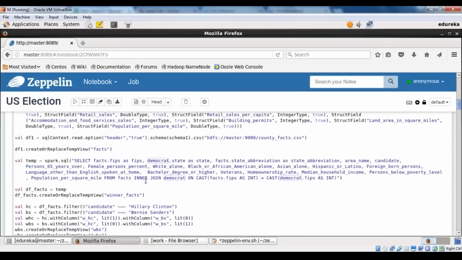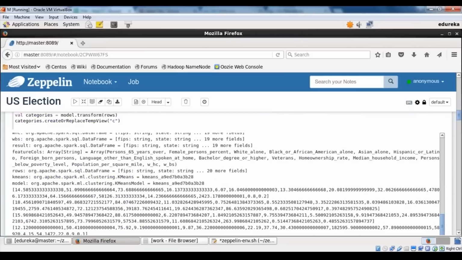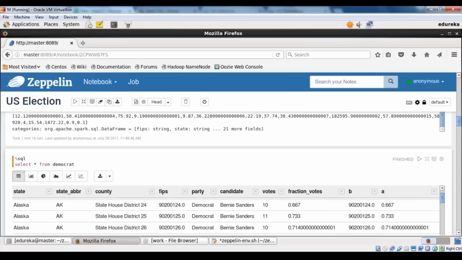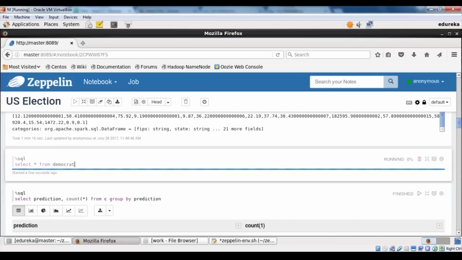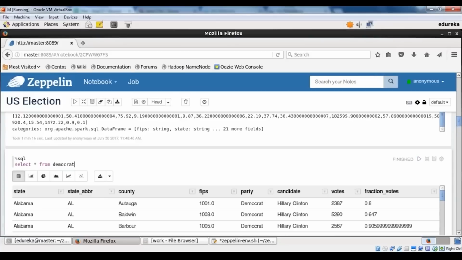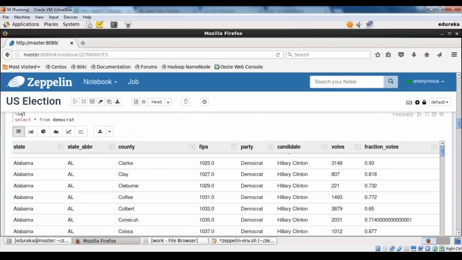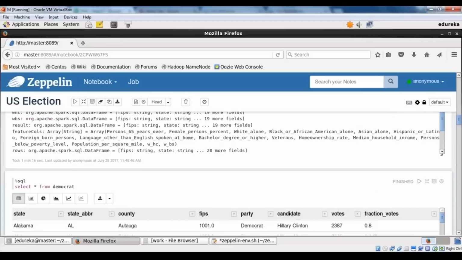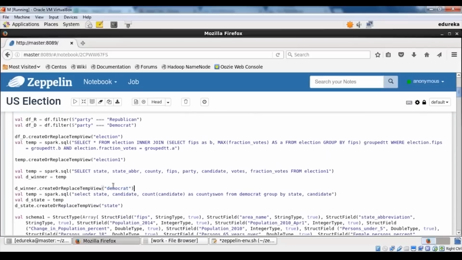Democrat. So let me go again and show you what the Democrat table view looks like. You can press Shift Enter. So there we have column A and B that we had in election 1. And so I've just got the winner data. So now let us go back and find out